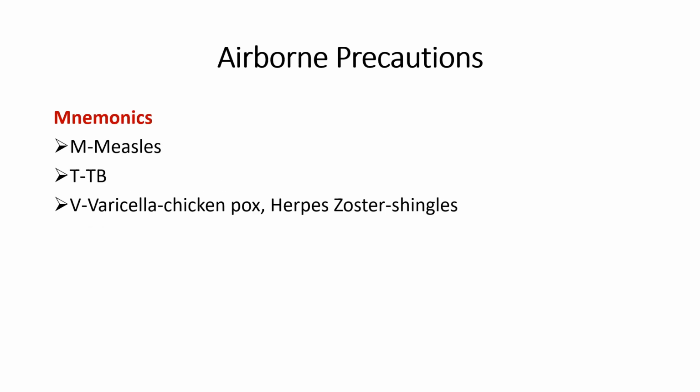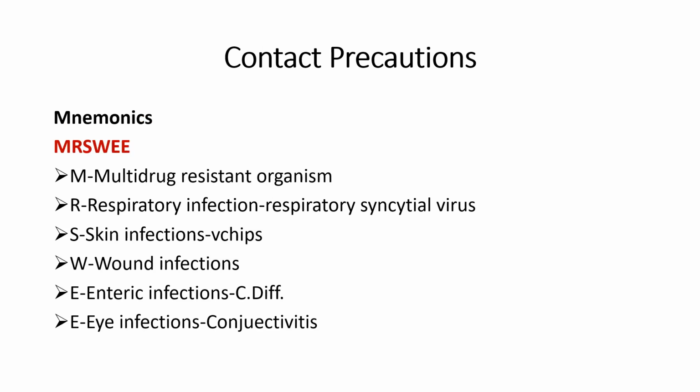Now coming to the airborne precautions, the mnemonic for this one is MTV: measles, TB, and varicella, chickenpox, and herpes zoster, which is also called shingles. The contact precautions mnemonic says MRSWEE. M for multi-drug resistant organisms, R for respiratory infections, that is respiratory syncytial virus, S for skin infections,